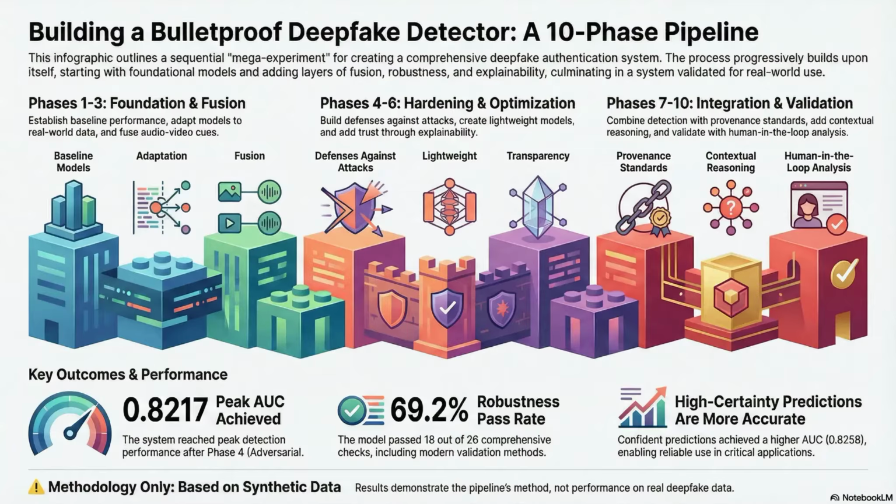So what does this all mean? We've seen this systematic path from acknowledging a critical weakness, that devastating 50% AUC drop, to building an integrated 10-phase defense, a system that achieved its peak performance only after focusing on adversarial robustness. They learned they had to toughen the immune system in phase 4 before teaching it advanced language in phase 8. We watched them integrate everything from spotting subtle blinking artifacts to adhering to modern provenance standards like C2PA, leading to that measured systematic improvement. And while this methodology provides a robust, transparent, and rigorous foundation for future deepfake detection, it